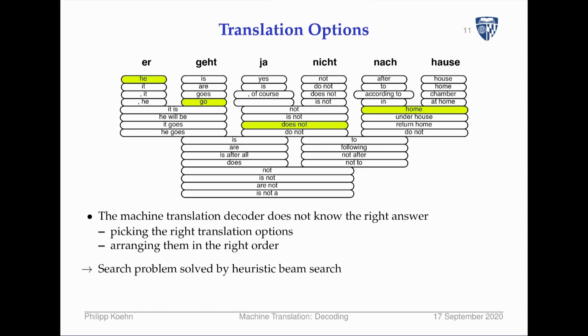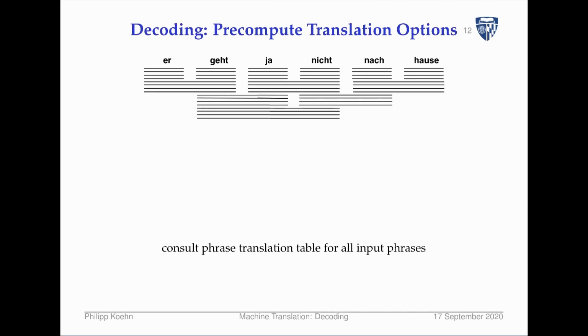So these are the ones that the machine has to pick. And not only does the machine have to pick these, it also has to pick them in the right order. And picking them in the right order makes this, in a naive setup, an exponential problem. There's an exponential number of orders in which you can go through the sentence. So since we are not going to solve an NP-complete problem here, what we're going to do is come up with